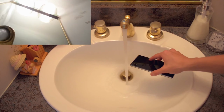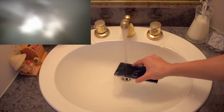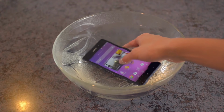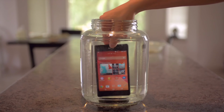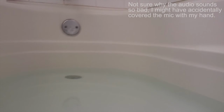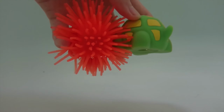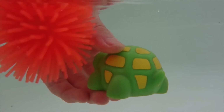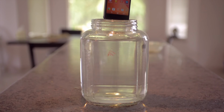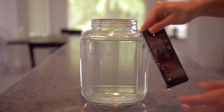So yeah, this device is waterproof, so you can take this device to the shower, go to the swimming pool, and you can even record videos underwater for a short amount of time. The water video test of the Sony Xperia Z2. Let's go underwater right now. So if you often get water into your phones or your devices, you should definitely choose this over the HTC